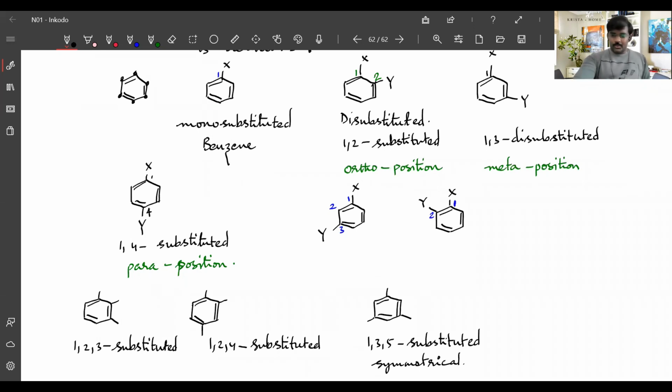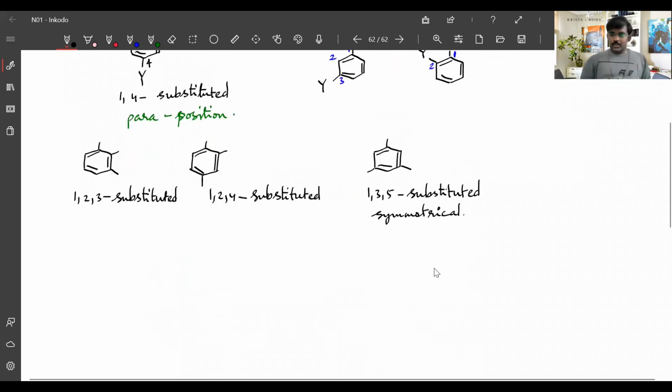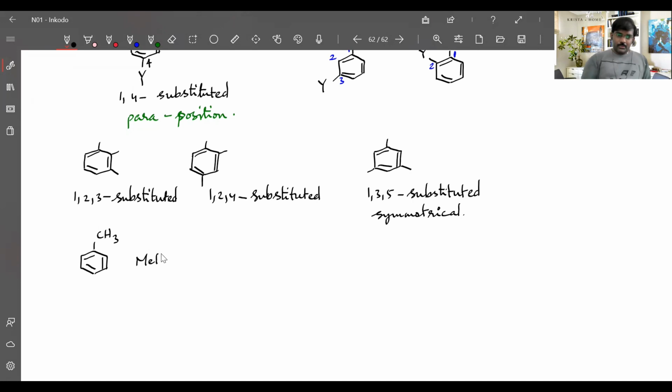So there are some important compounds for benzene. Important derivatives of benzene are there, so that we'll see, and I'll be giving examples. Now, the first example: on the benzene ring, if you are having a methyl group, this particular compound you can write as methyl benzene. That will be the IUPAC name, or else you can use toluene also. That is the name of this benzene.